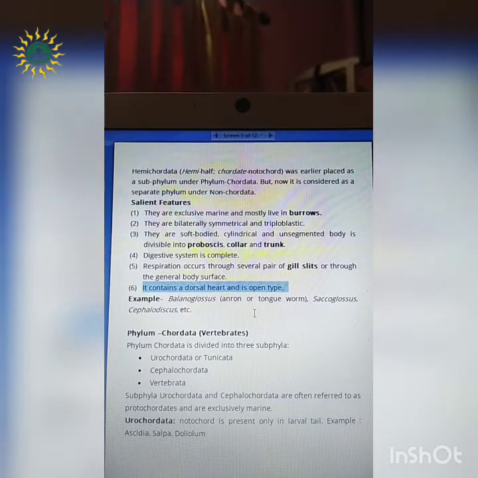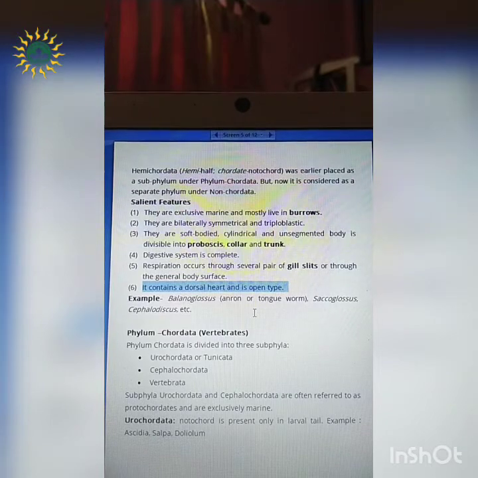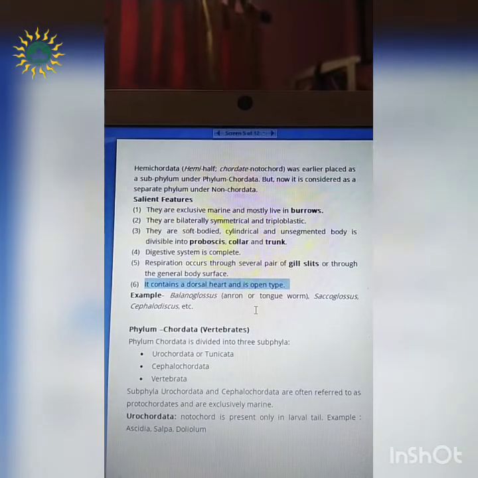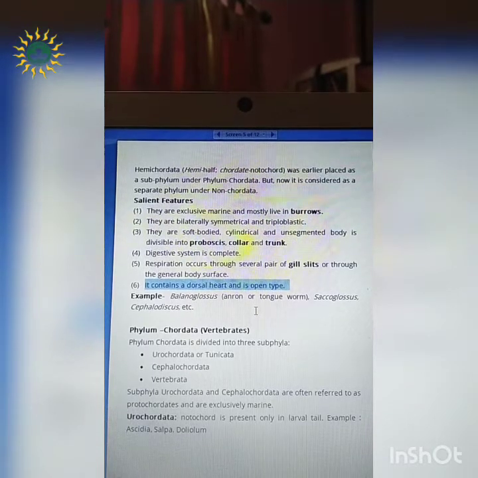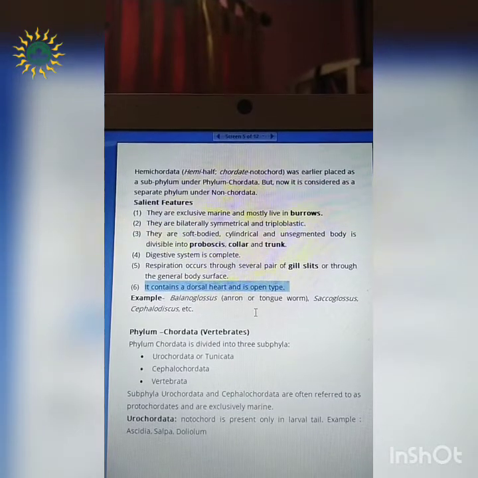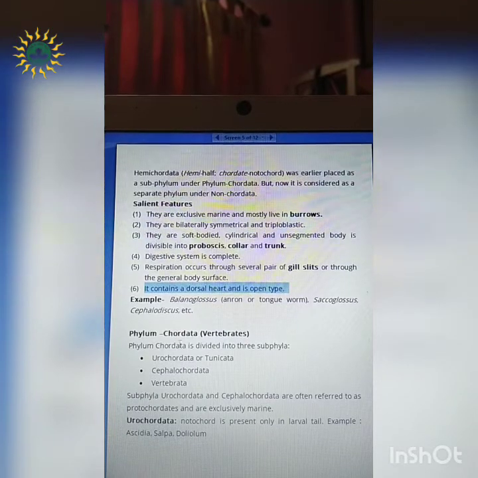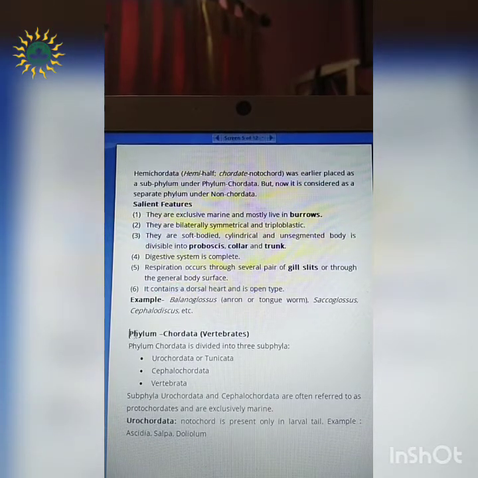For example, if we consider an organism, suppose cockroach, we know that this cockroach falls under the phylum Arthropoda. We know how the cockroach looks, right? So we can find out the different characters of this organism easily, and sort out the characters also. So I request everybody to find out the examples and make a list of which examples fall in which phylum, and thinking of those organisms, you can find at least 3 to 4 characters and include them in that phylum. Okay, so we will move on to the next phylum, that is phylum Chordata.